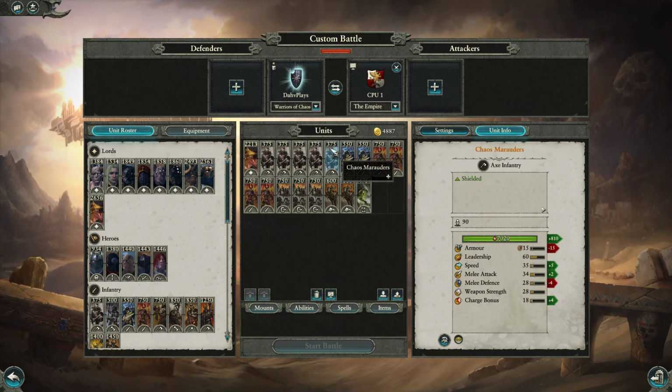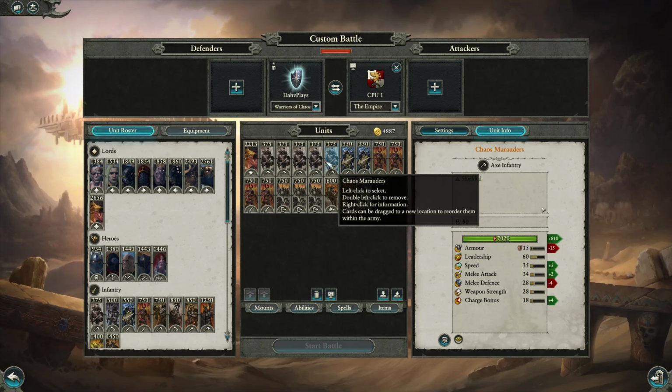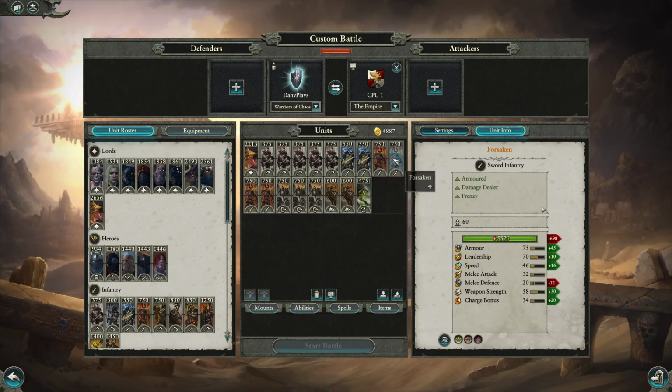Same leadership. The Chaos Marauders do have slightly less armor, which is a factor. They do have a slightly higher charge bonus as well, and they're 25 points cheaper. So you can get away with using the Chaos Marauders against most Empire infantry. Forsaken, for that matter, are even better. They'll tear apart even great swords in the right situation,